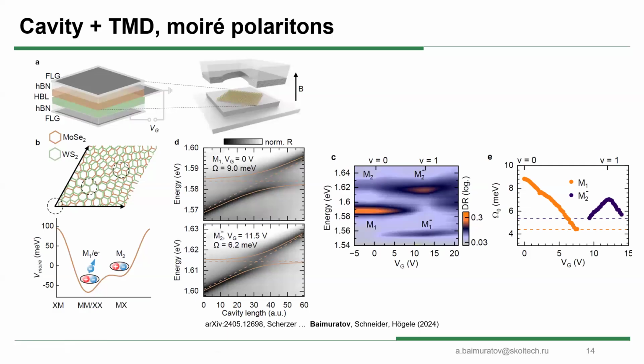The behavior of these two excitons starts to be very different, because M1, you see, we dope, and we start to see trion. And the binding energy of this trion is approximately the same as in the monolayer. It's obvious because they just localize at the same point, yes? And this is why for the M1 trion we have a step in energy, and behavior very similar to monolayer trions.